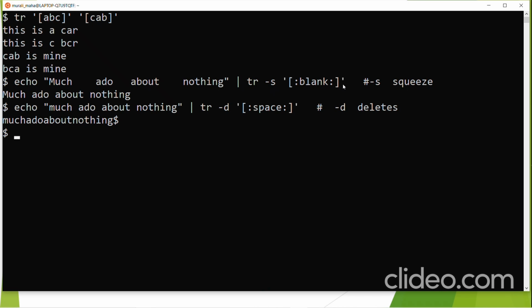Then with tr, what if I want to remove all the alphabetical characters from the input? Echo. I'm giving alphabets as well as some numbers as well as some special characters.